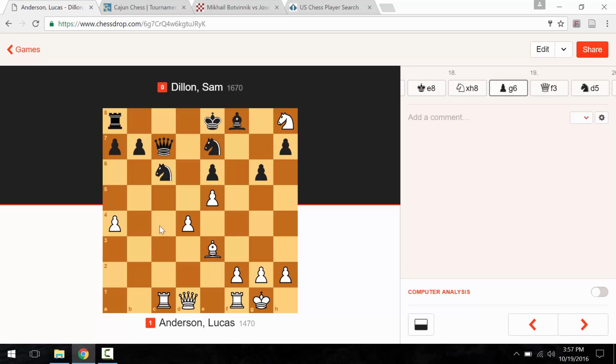But my knight is stuck. It can't get out. So I have to rescue my knight somehow. So I play queen to f3. And he plays...